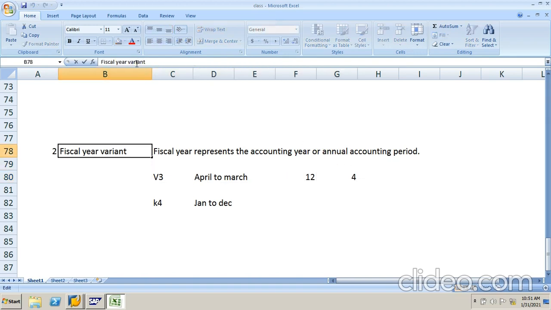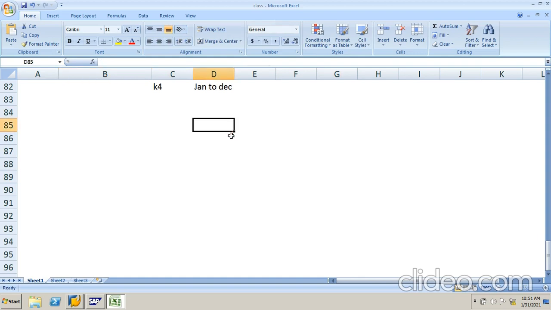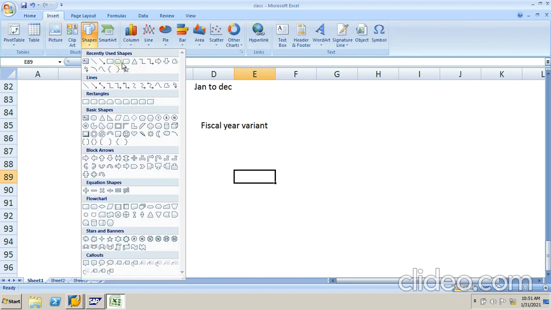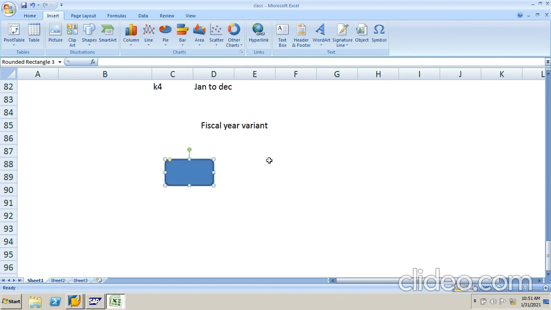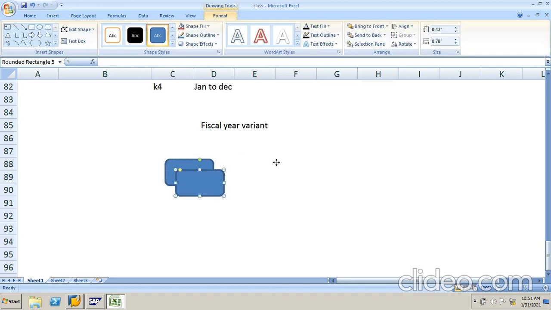So we have two types of fiscal year variants. Year independent.